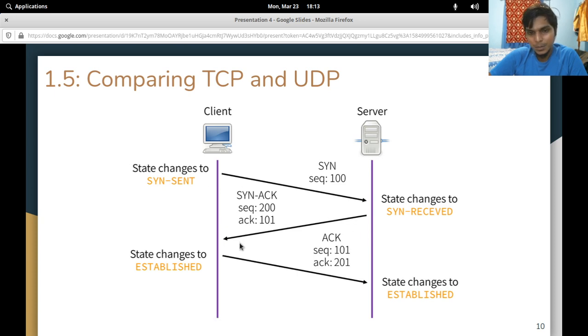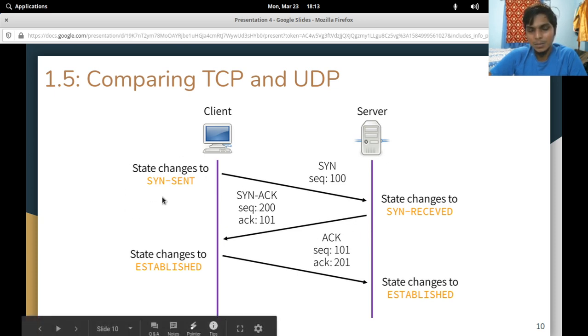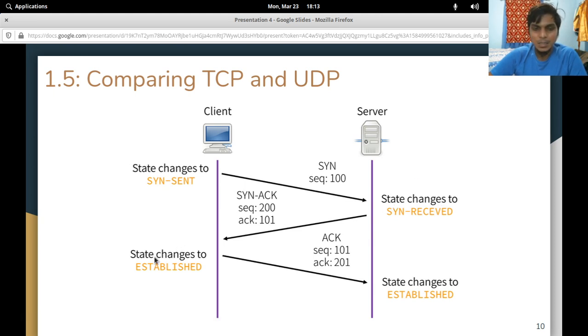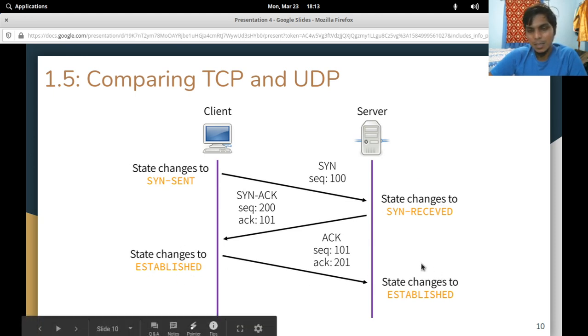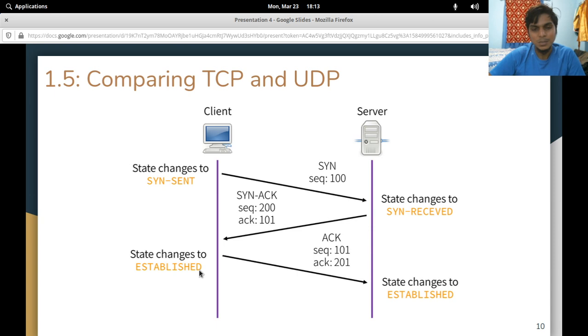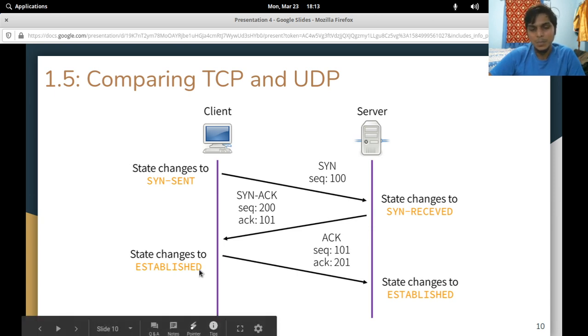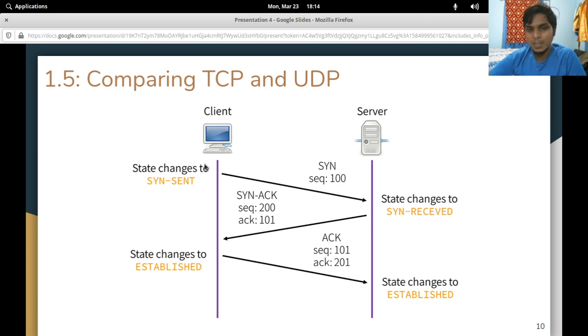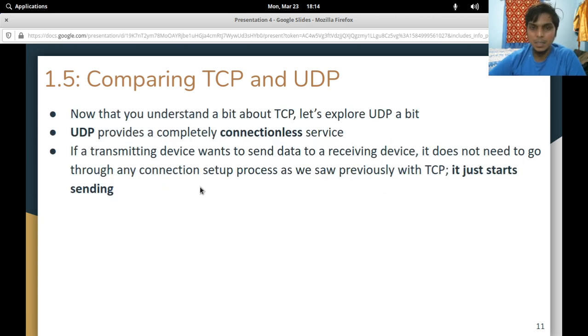So during this process, we'll have different states as well. SYN sent, because he sent a SYN. SYN received, because he received one. Then he is established at this point, and when he gets the ACK here, he is established. So both sides are established now. Therefore, the connection is formed, which is where we get the connection-oriented service from. And therefore, they can start transferring data. So all of this happens before any data can be transferred.